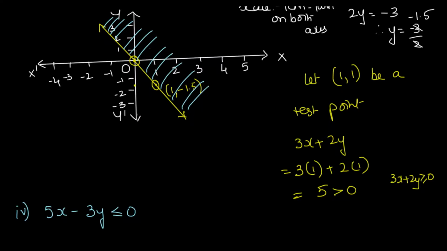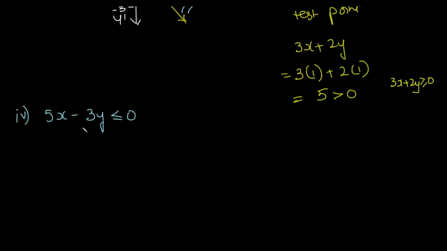So thus the sum is done. Now the fourth sum is very much like the third question. The line passes through the origin because you don't have a constant over here. The constant is 0. And thus you can do it very much like the third question and get the answer. So this I am leaving it to you as an assignment.